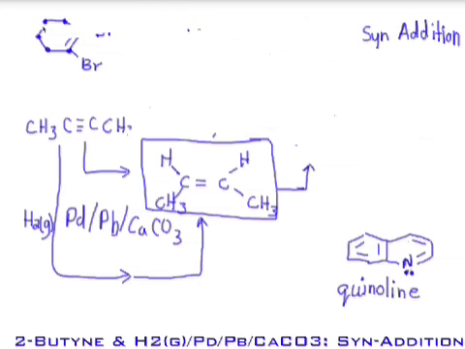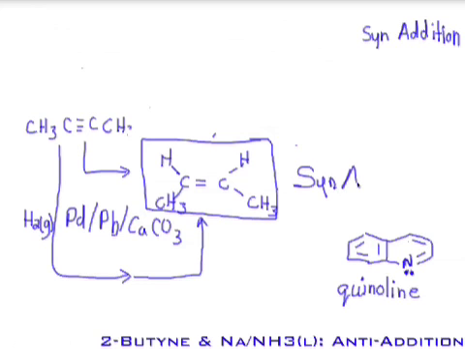Because if you're making alkene and you get only cis-2-butene, well, as it shows, that's Syn-Addition. Is there any way to get anti-addition to a pi bond? And the answer, of course, is yes. We can take this alkyne